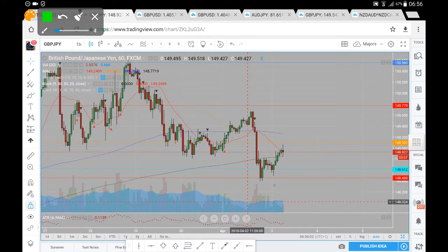the 48.46. From the 48.46, we did see bullish buy side momentum come into the market for a retest of the 400 period moving average. Brief sell side momentum returned to the market, a retracement from that 400 period moving average down towards our 48.61. Didn't quite get down towards that 48.46 for another retest, and now we've broken back above the